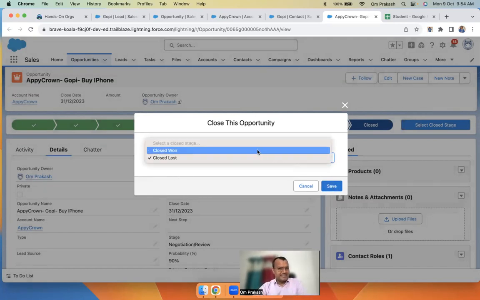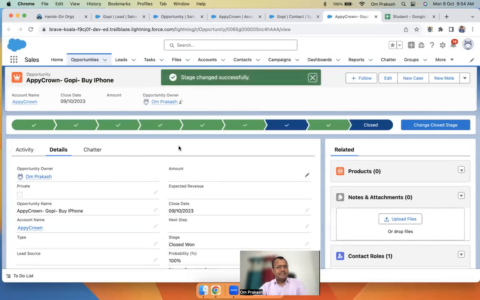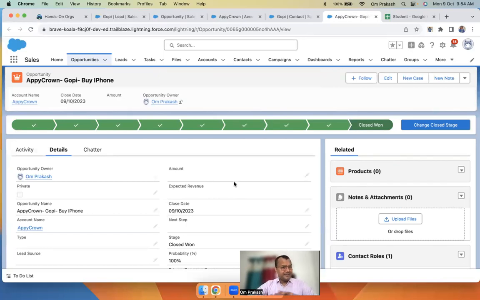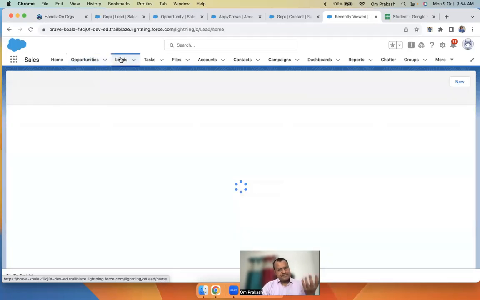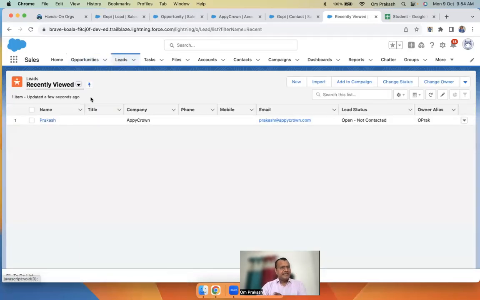Or no, he has purchased. Okay, he's interested in this. Then closed won. This opportunity is now closed won. I have skipped some parts here on the opportunity. Of course, you have lots of stuff like product, price, those things. But if I summarize the discussions of the last few minutes, then you have the visibility of this sales process in the Salesforce. How we create our first lead record,